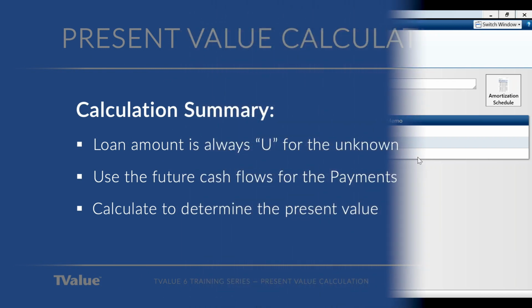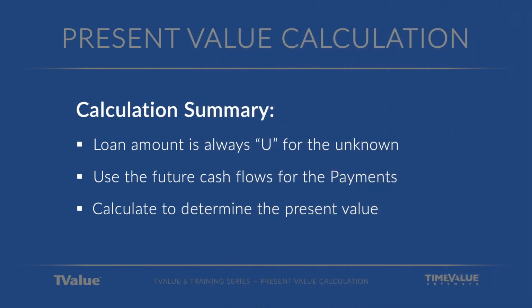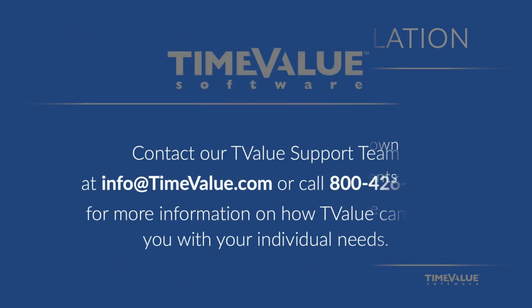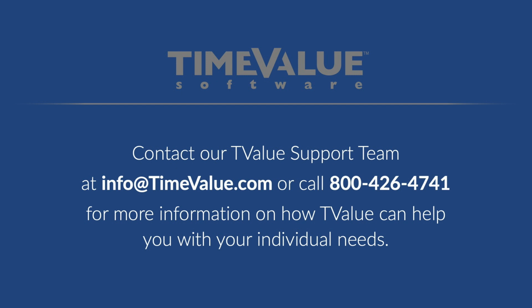So just a summary of our calculations: always put U on for unknown for the loan line, use your future cash flows for the payments, and then calculate to determine the present value of the loan. Very simple to do. If you ever need any help doing a calculation, feel free to give us a call,